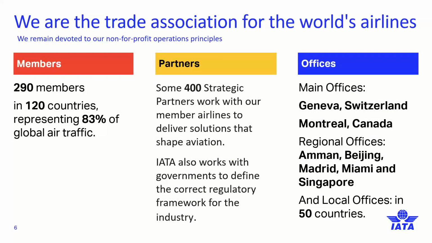So let's quickly talk about IATA and its position in the industry. As you may know already, IATA is a trade association for the world's airlines, consisting of some 219 members, covering and representing 83% of global air traffic. And with over 400 partners, what IATA does is help airlines by setting standards, simplifying processes, increasing passenger convenience,